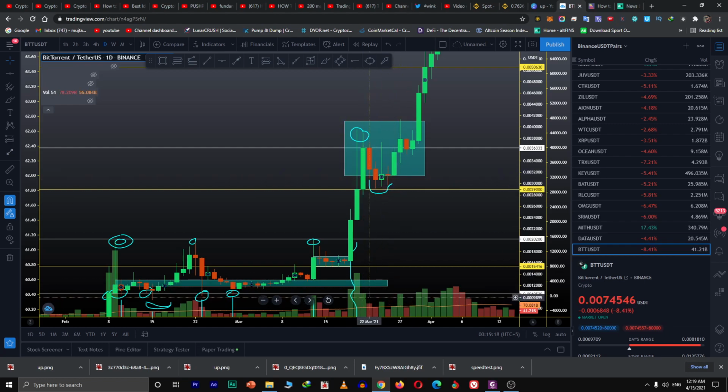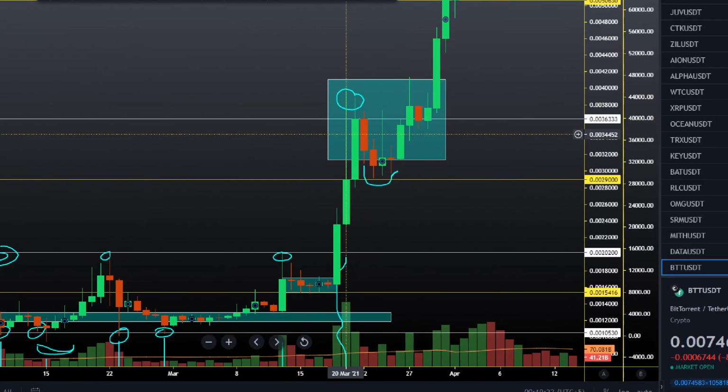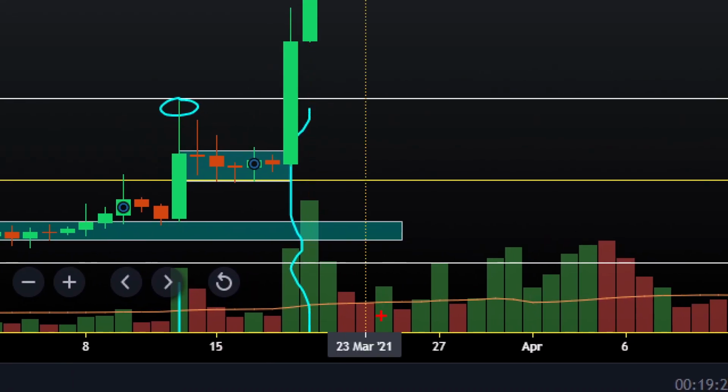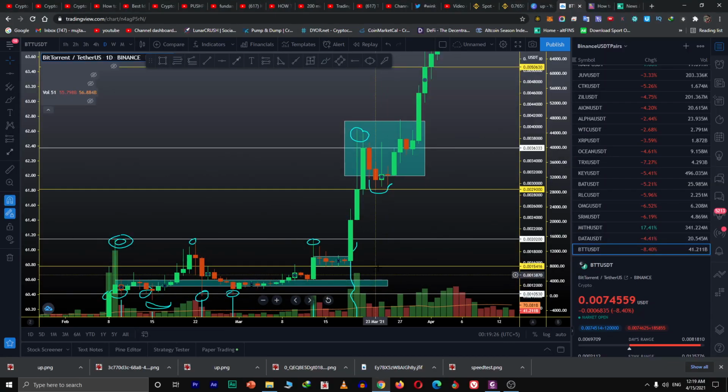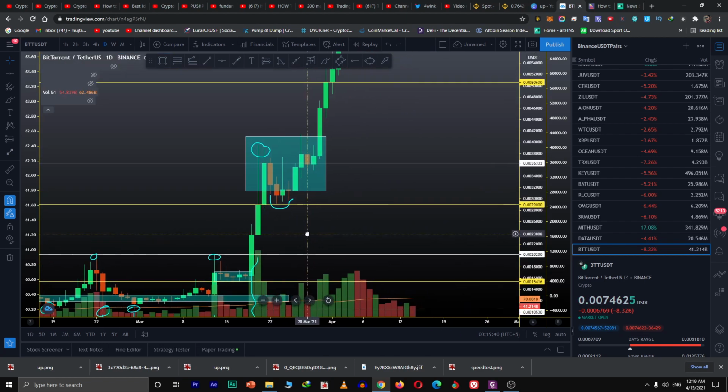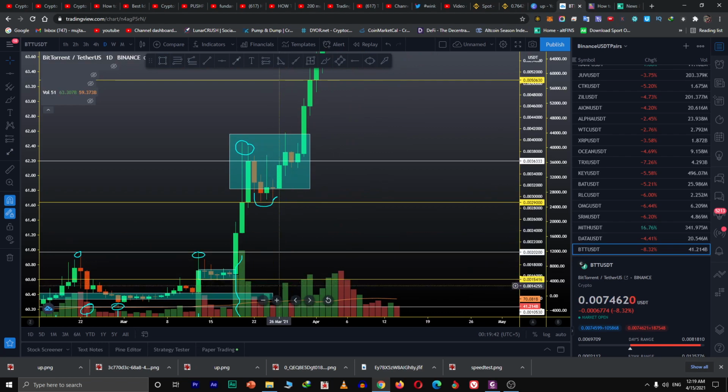If there had been large red candles in this area, we could have tested this level, but this level is untested for now, so we can expect this level anytime, or maybe in the future. But anyway, moving on. What happened next after that is